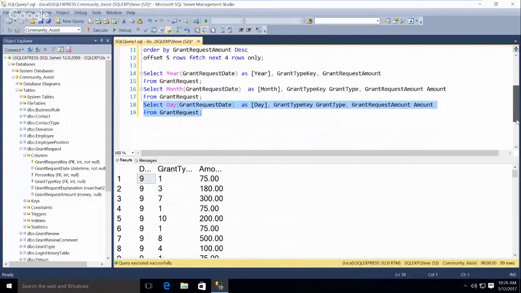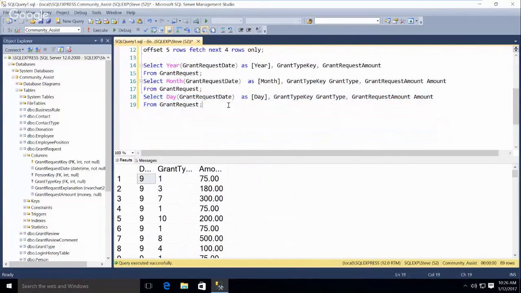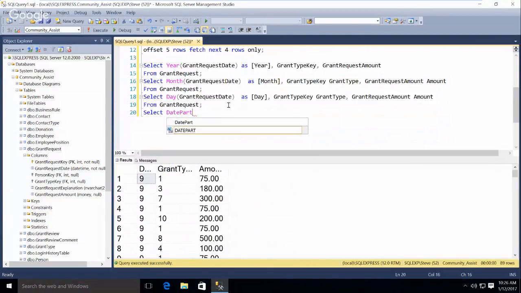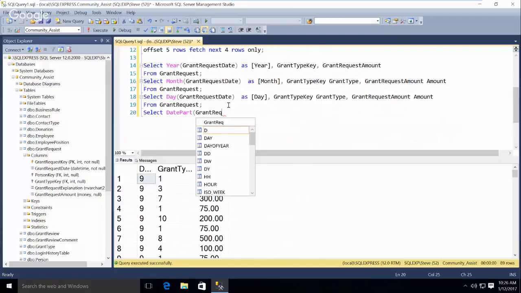There's another way to do this, which actually works better with the time ones, which is select DatePart, and we'll do the grant request date. No, actually, I put in grant request date, but there's some other arguments that I need to give it. One is the DatePart.